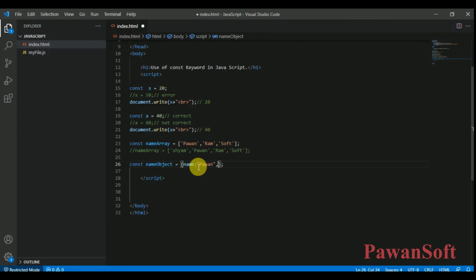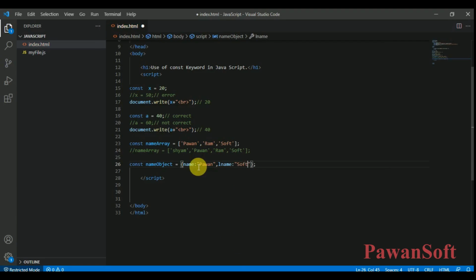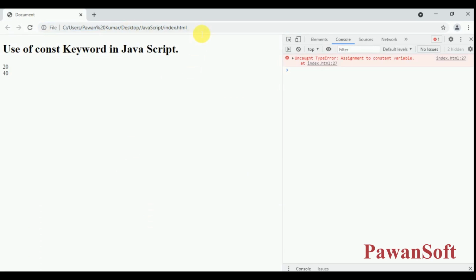Then name soft. And when we reassign, this is correct, but when you reassign the value like name is one soft, line number 27, you will get the syntax error.